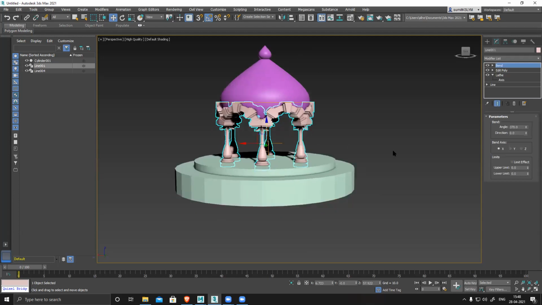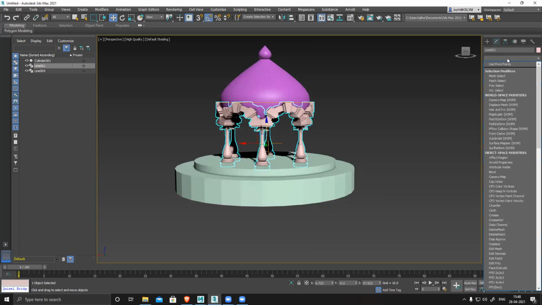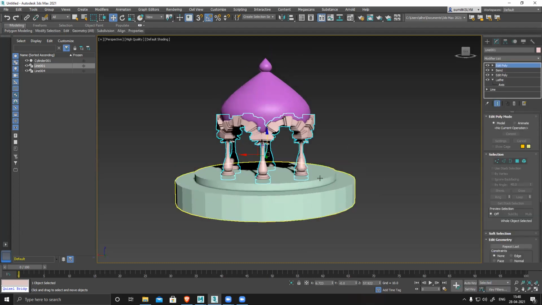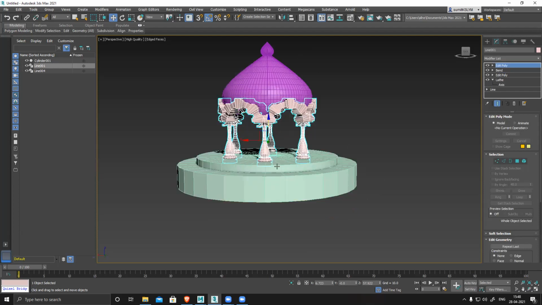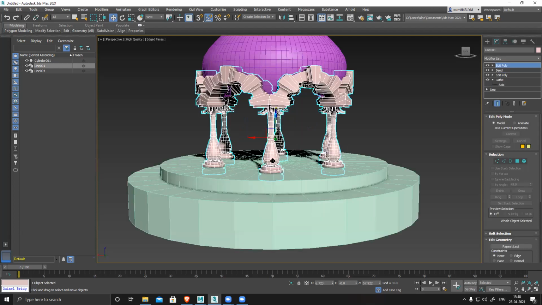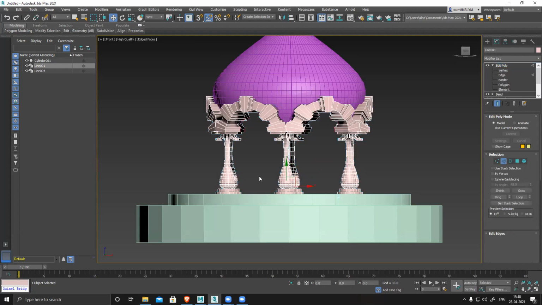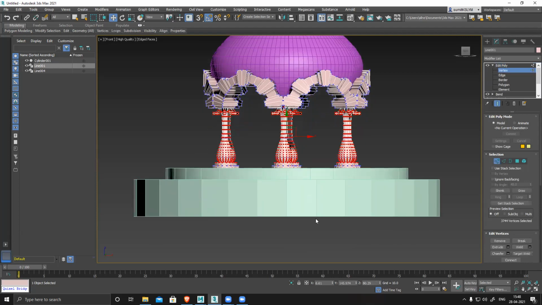And design-wise, I feel I can try one more edit poly on this. I can make them a little taller. This looks a little small.